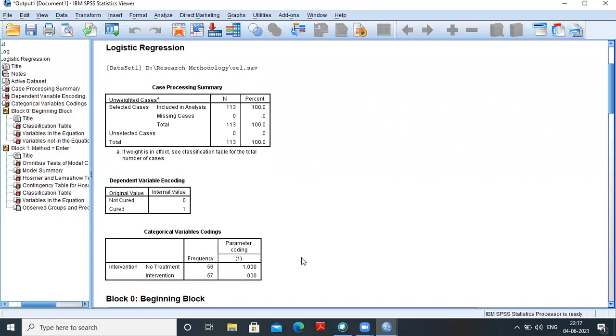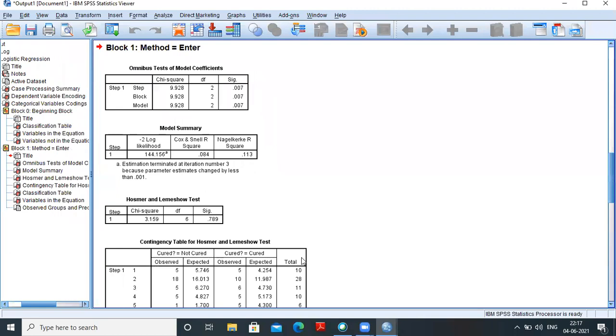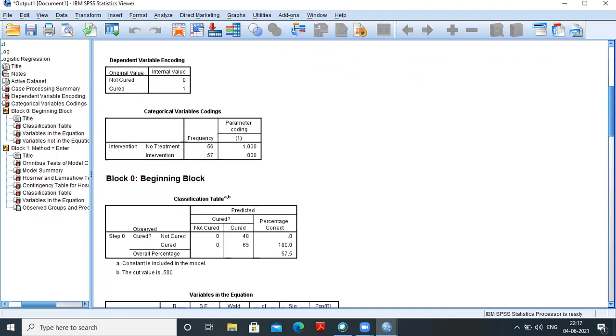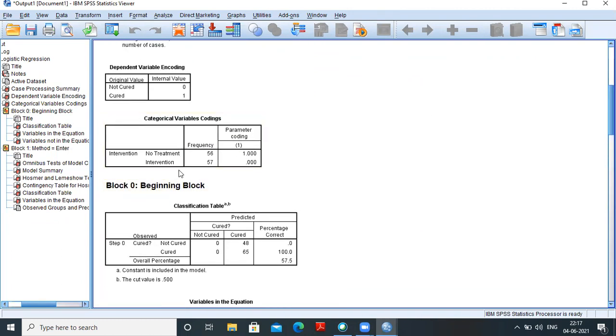This is the frequency for the intervention. It has two categories, no treatment and intervention, and a total of 113 observations. 56 are categorized in no treatment and 57 in intervention. And this is the coding: for no treatment, coding is 1, and for intervention, coding is 0.